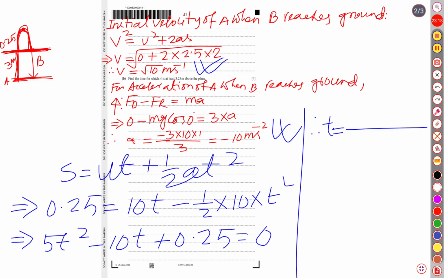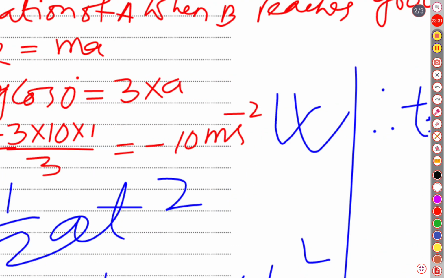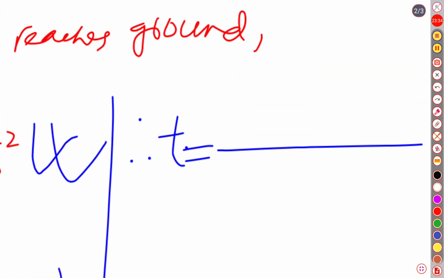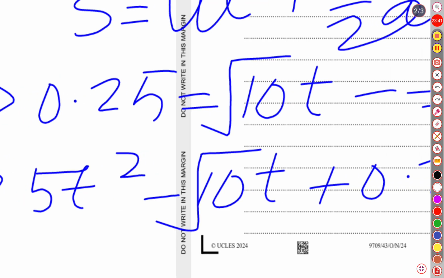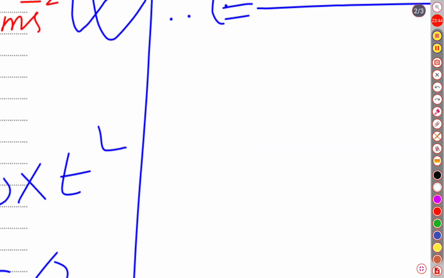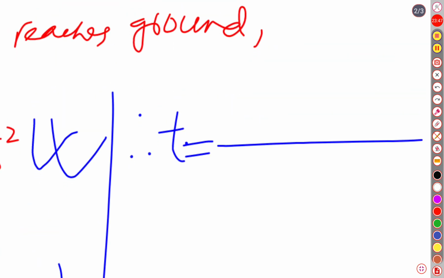Look at this, the initial velocity v was square root of 10. So our v is square root of 10. Let me see whether we have written the equation properly. Yes, 5t² minus √10 t plus 0.25. So our v is √10, then negative b, positive, v squared is 10,